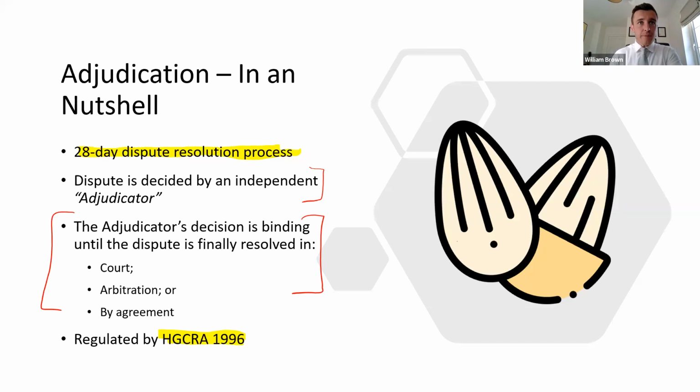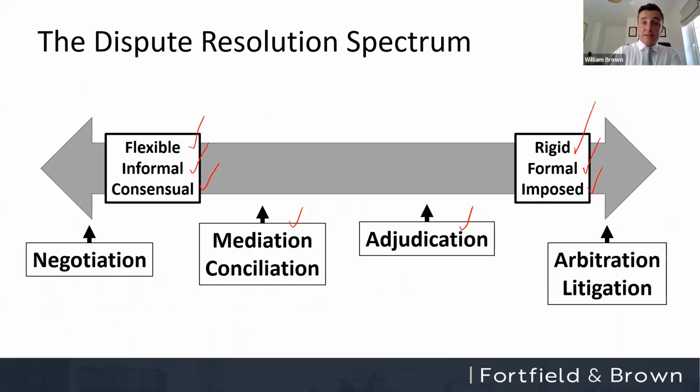Okay. There's a question there from Nuberdeen Massa. Is adjudication the same as arbitration? The answer is no. Arbitration is a final form of dispute resolution. Okay, it can take weeks, months, years, perhaps. Adjudication is a 28-day process. They are not the same thing.